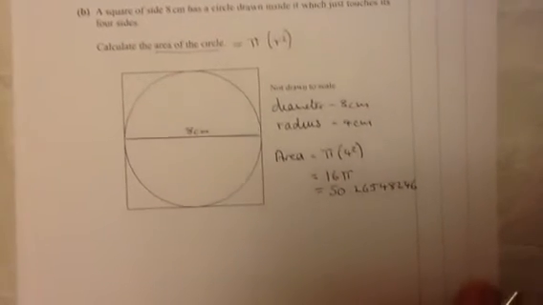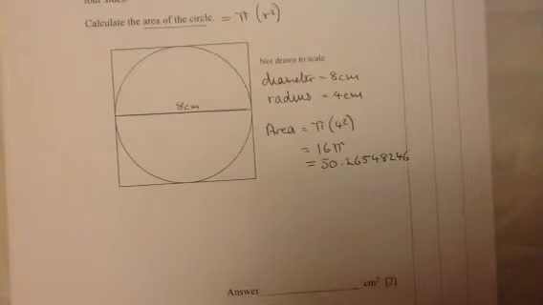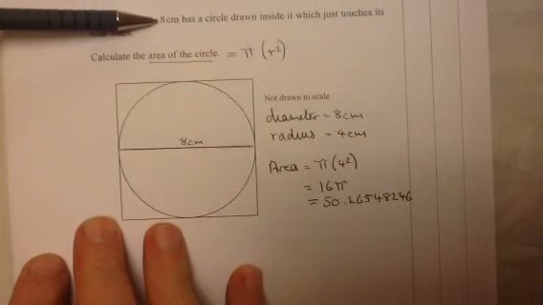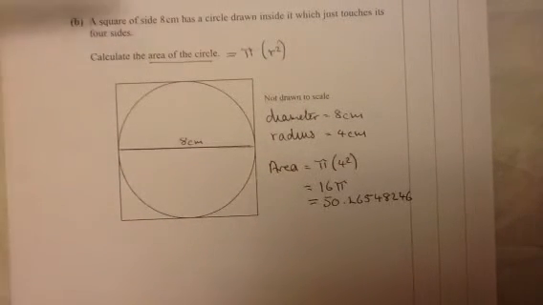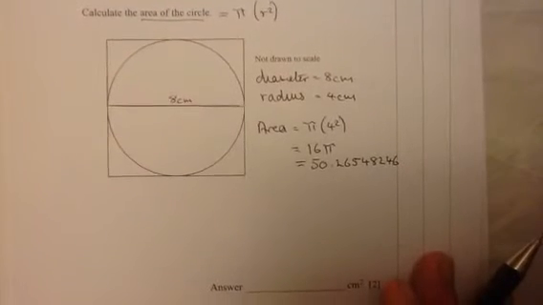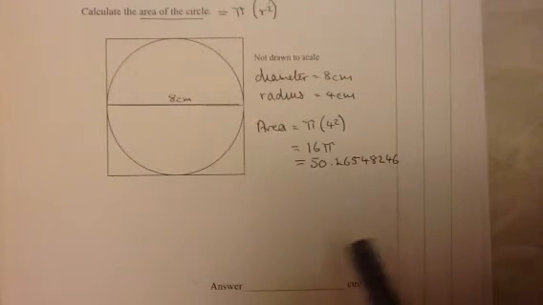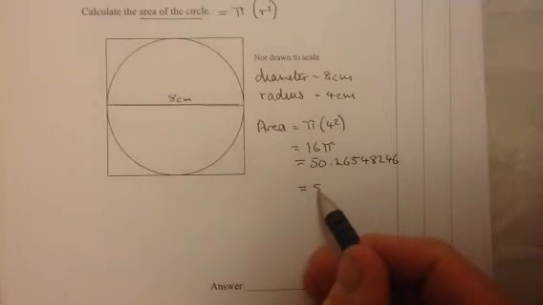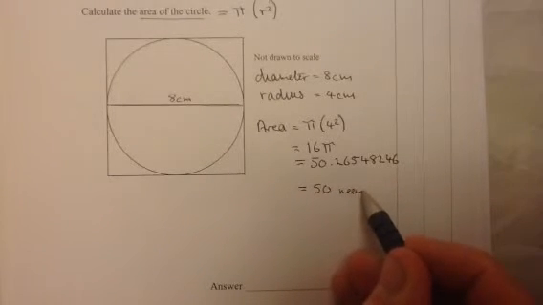Okay, now, what should we round this to? The general rule of thumb is you look at your question and look at the numbers given in your question. So in this question, we were given the diameter to one significant figure, or to the nearest whole number. So we don't want to give our area any more accurate than the nearest whole number. Okay, so 50.2, so that's equal to 50 to the nearest